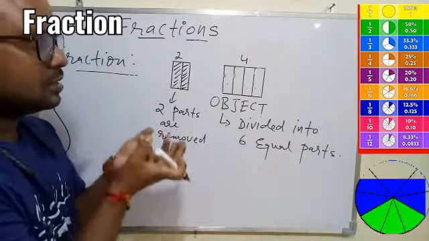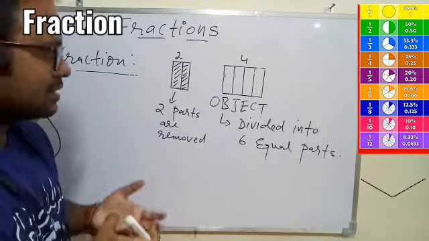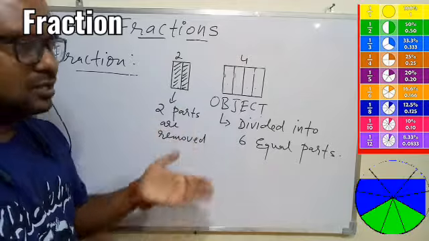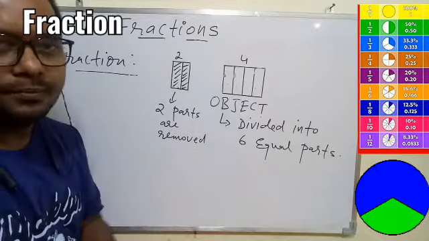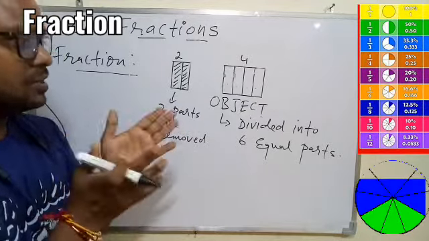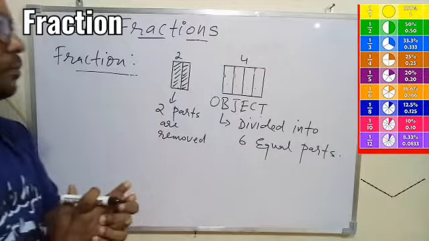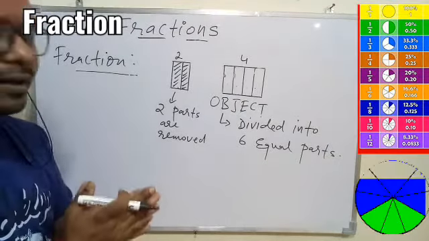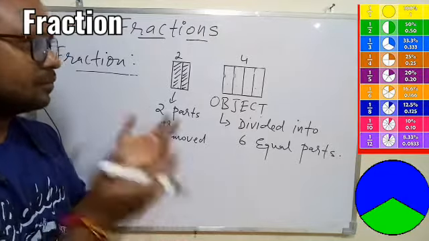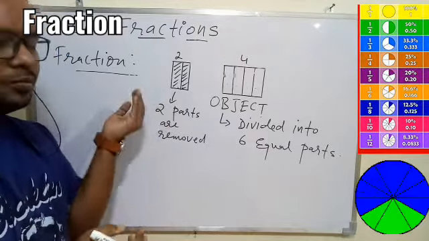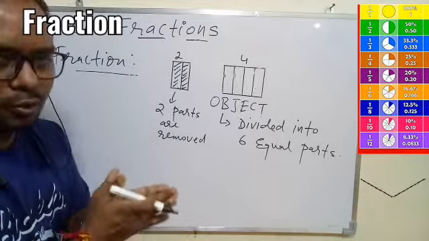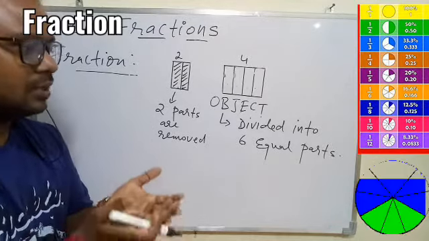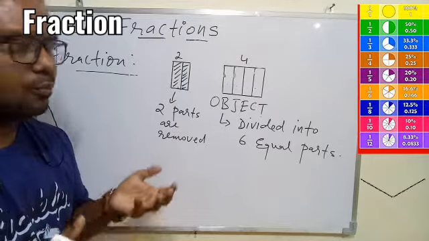And now I have to express this in the form of a number. Means how will I express that 2 parts are removed from 6 parts, so that 4 parts are left behind. So in such a case, we are going to use some number, and that number will be called a fraction. So I'm repeating again. The condition we have is one object divided into 6 equal parts, and out of 6, 2 parts are removed. Now this statement we have to show in the form of a number, that is 2 parts are removed from 6 equal parts. How to express it in the form of a number?